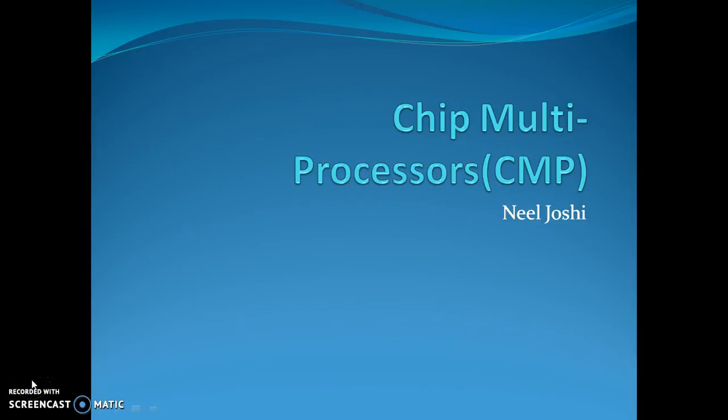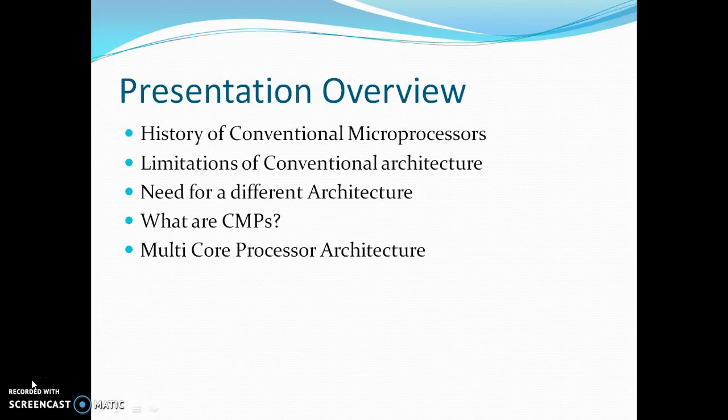Today I will be talking about chip multiprocessors or multi-core processors. We'll go through the trends in microprocessor development first to understand what chip multiprocessors are. So, integrated circuit processing technology allows us increasing integration density, which plays an important role in microprocessor development.